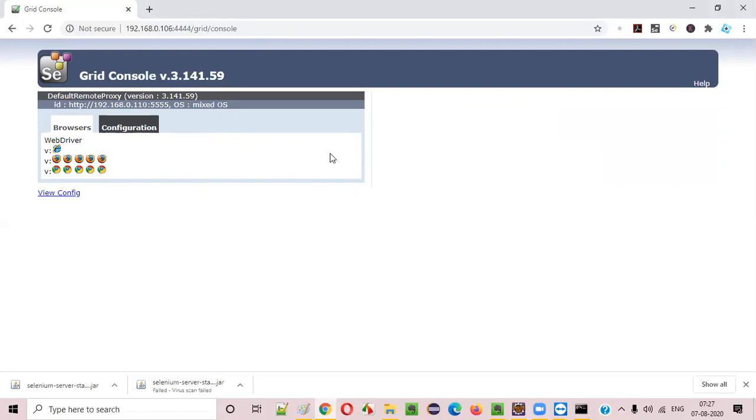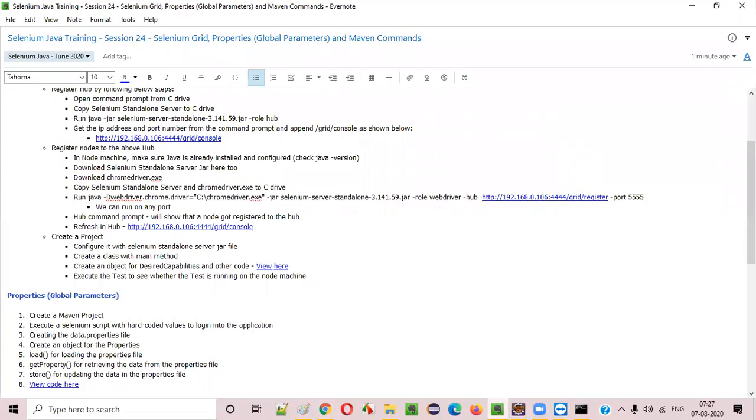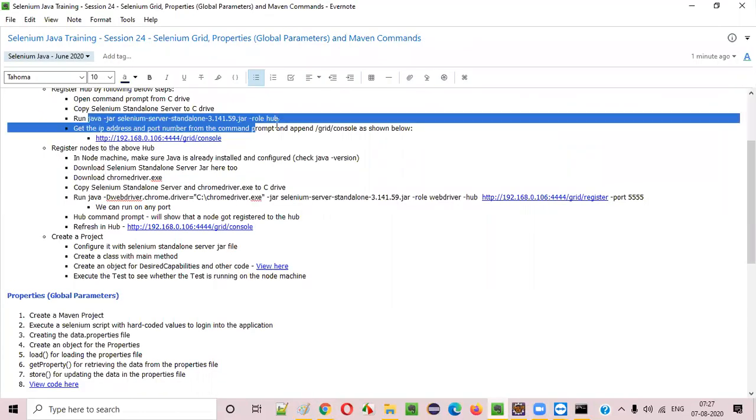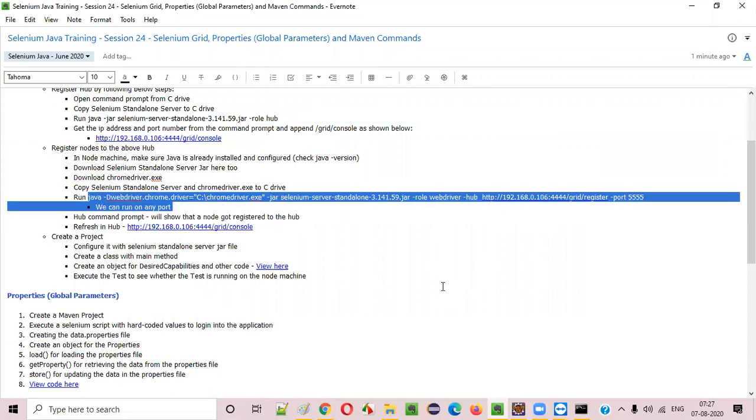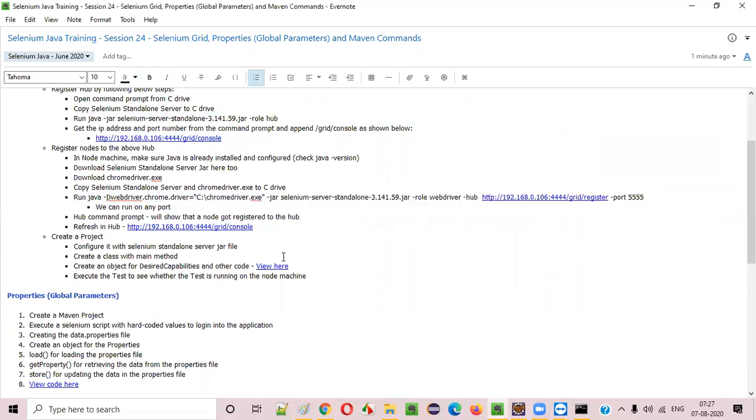You see, this is how we have to configure. This is all about configurations. You have to follow these notes properly and give the appropriate commands. This command for registering the hub, this command for registering the node. We can give any port number, not only this 5555. That's fine. Then,